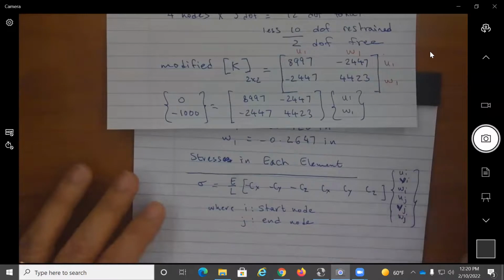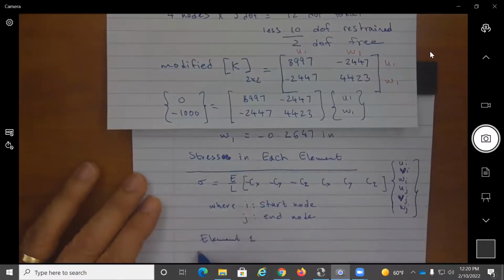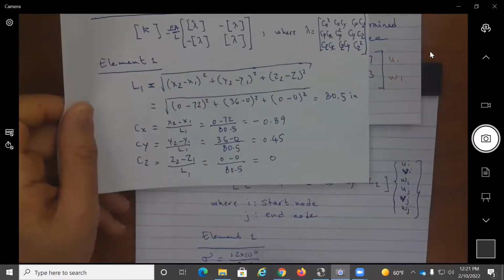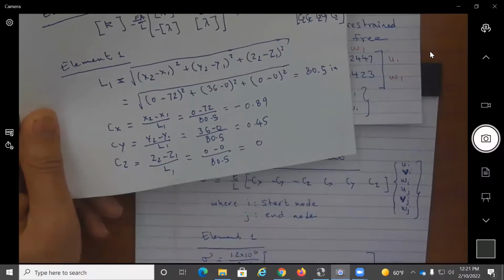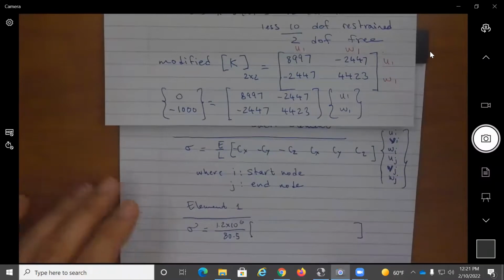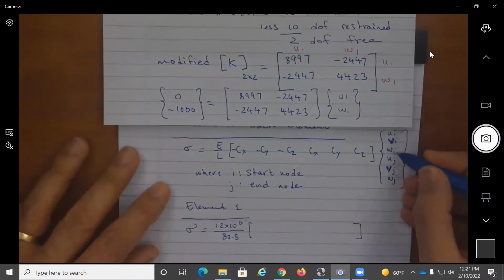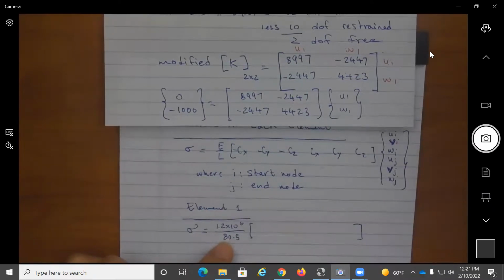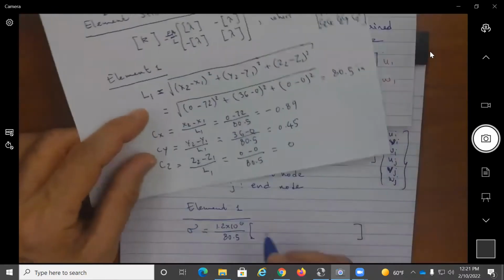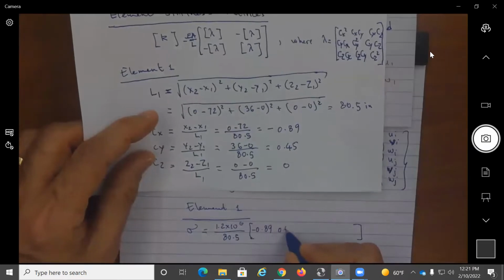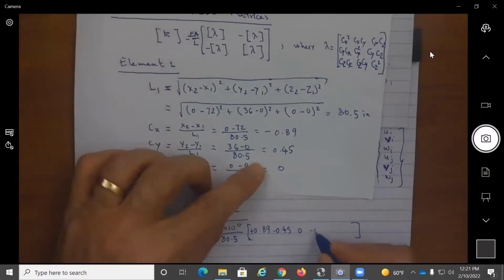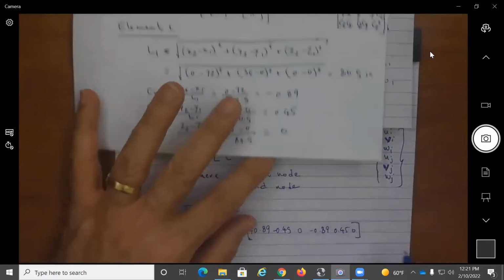Okay. So for element 1, sigma would be equal to E, which is 1.2 times 10 to the power 6, and L for element 1 was 80.5. Now, out of these displacements for element 1, everything is 0 except for UI and WI, which means I really care about the first and the third here. For element 1, I'm going to have a minus 0.89, I have a 0.45, and I need to change the sign. And I have a 0. Then we're going to have, again, these 0.89, 0.45, and a 0, multiplied by